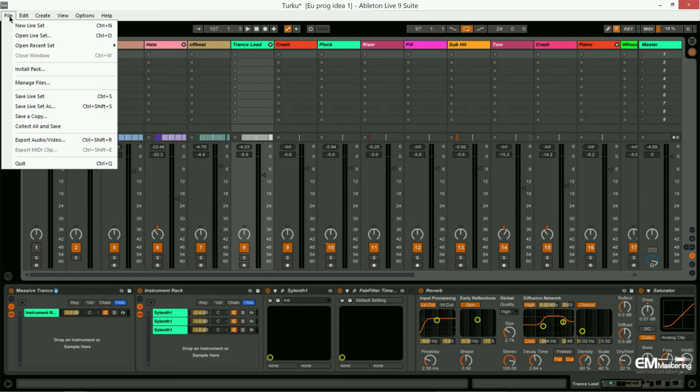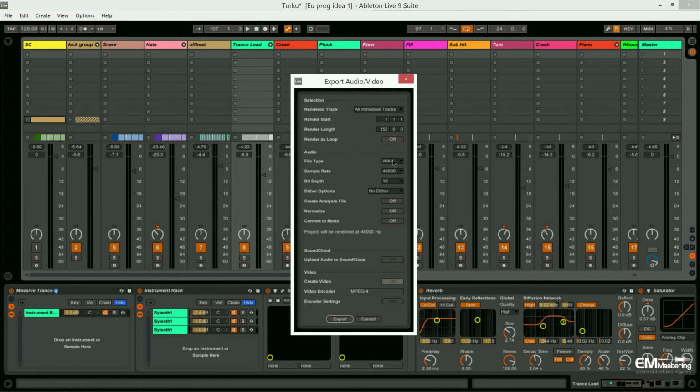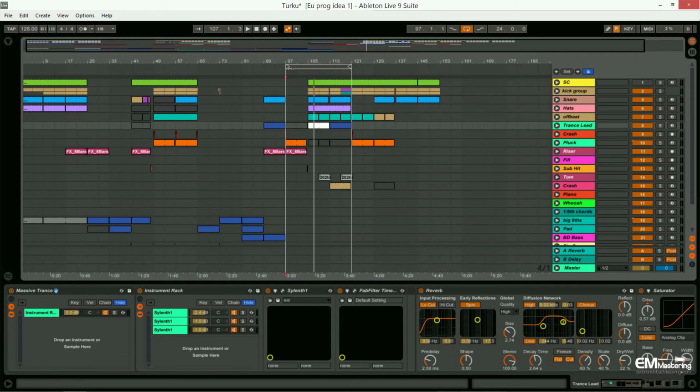So next thing we're going to do, we're going to go up to File and we're going to hit Export Audio Video. And basically we're just going to make sure that we have dither turned off. You're going to want to make sure that Normalize is off as well. Up at the top, select all individual tracks. And make sure that you've got your selection